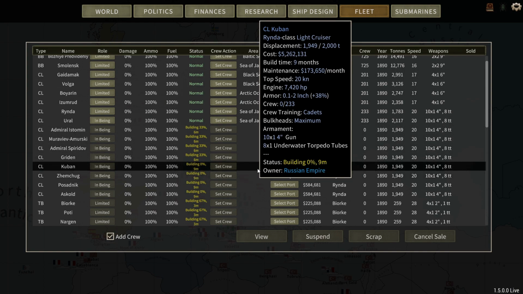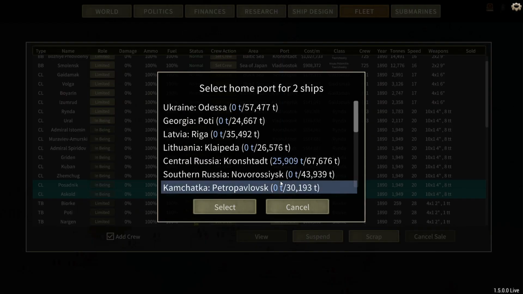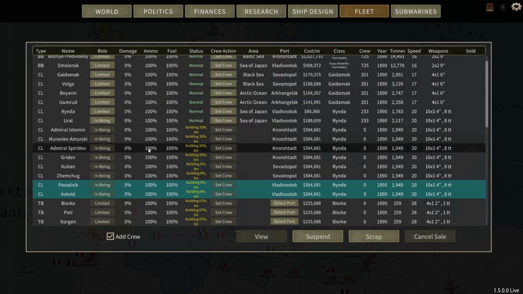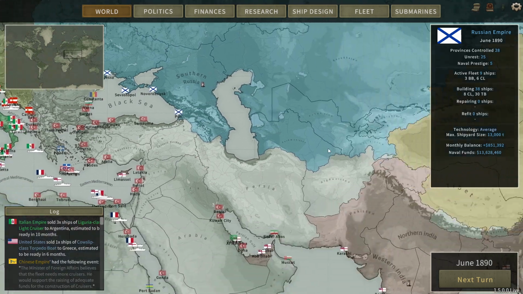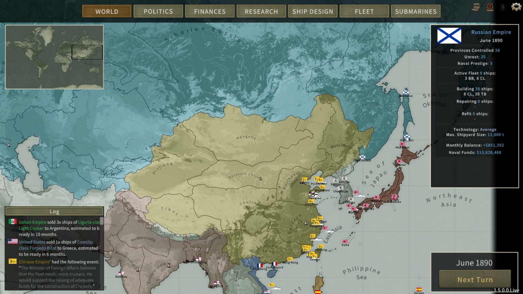No, we're still in the green. Still in the green. Very nice. So we'll send these guys to Vladivostok. Cool. So this will give us some extra cruisers over here. I kind of want to put